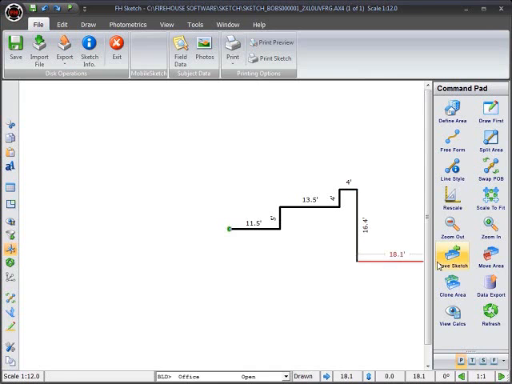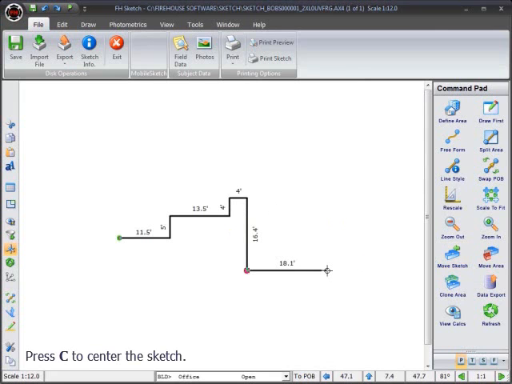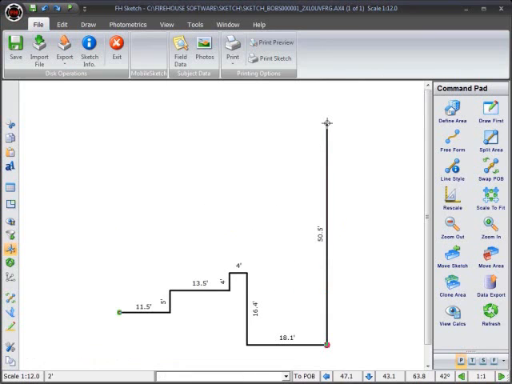18.1 feet right. Notice how the line went off the drawing port? Don't worry, you can keep your sketch centered at all times by pressing the letter C. Let's continue. 50.5 feet up. Press C to center the sketch. 24 feet left. 18 feet down. 13.1 feet left. Now we've come to a bay window in the property and you need to draw an angled